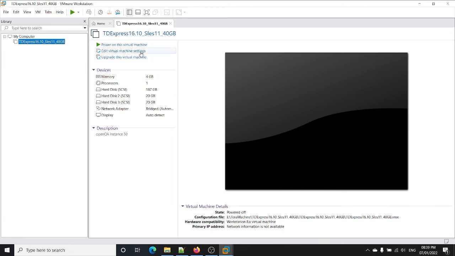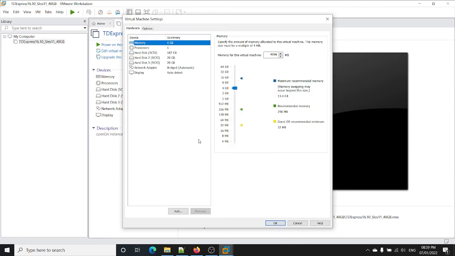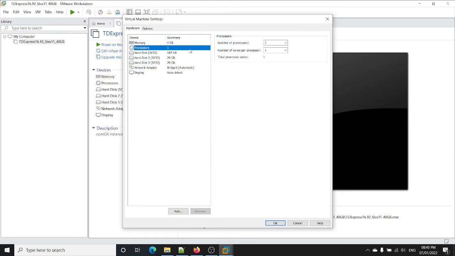quickly through a Teradata system, like what is the configuration of it, right? So you can get a better understanding of it. So after opening the edit virtual machine settings, we will get this particular panel. In this panel we have all details about what the machine is going to have. So the machine is going to have 4 GB of RAM. It is going to have one processor, so you can increase or decrease the processor over here. So we have to give at least one processor for it.